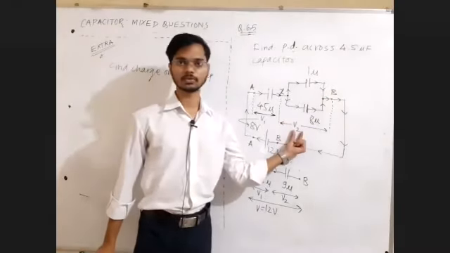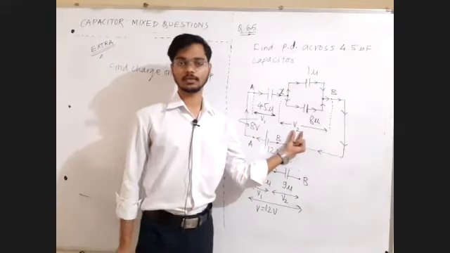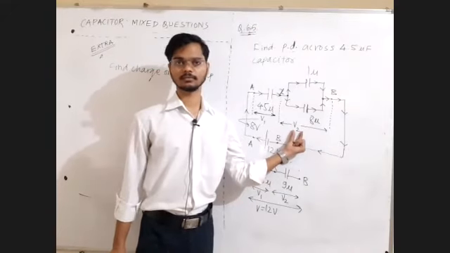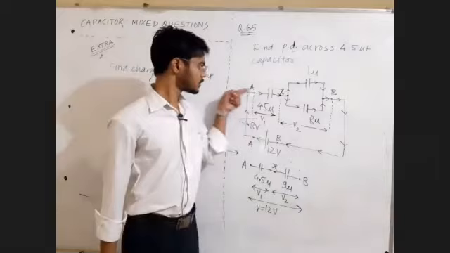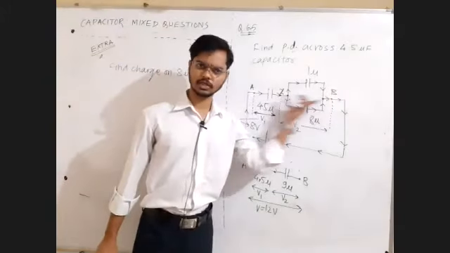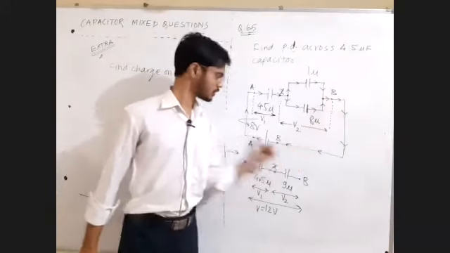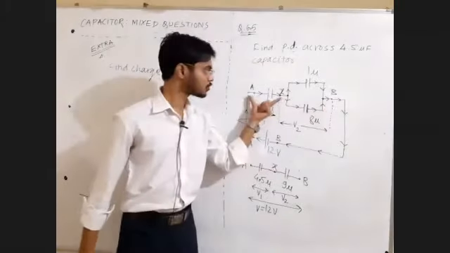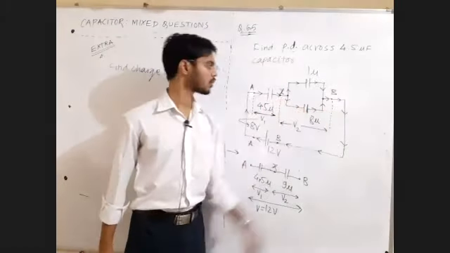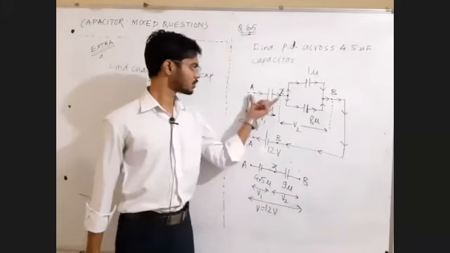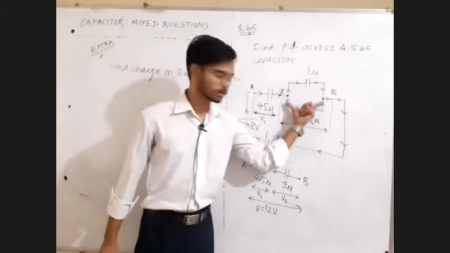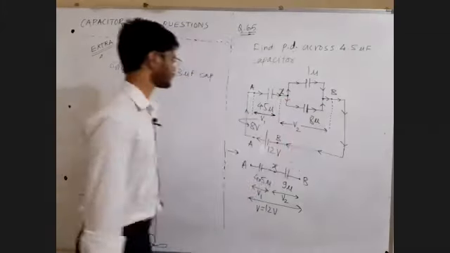What will be V2? No need to calculate it. You can immediately tell the answer. 12 volt. Series combination. In series, potential difference is to be added. This potential difference plus this potential difference, all of you have given the correct answer. Very good. So this is 8 volt. This will be 4 volt. So that 4 volt is here.